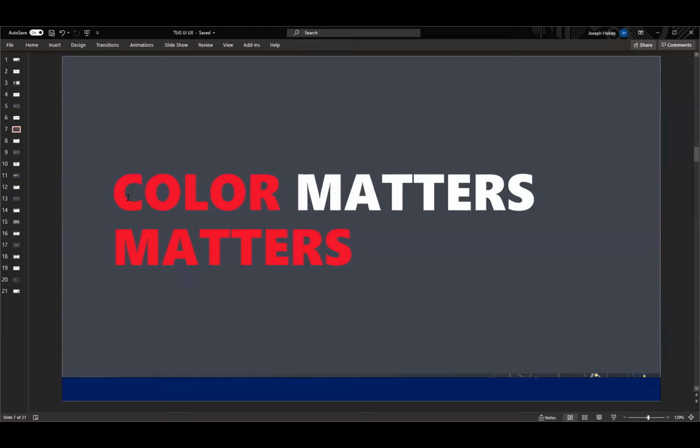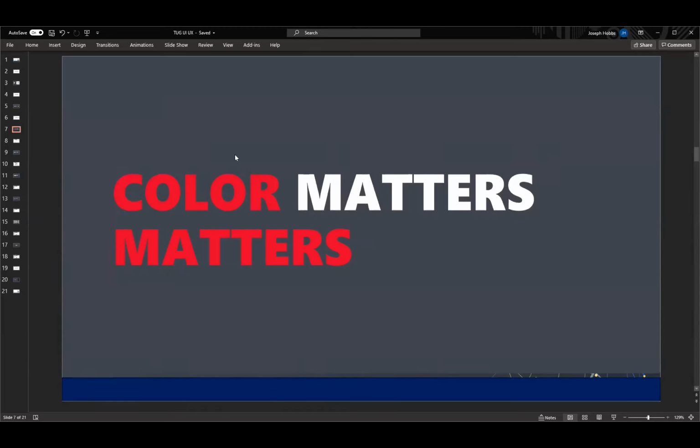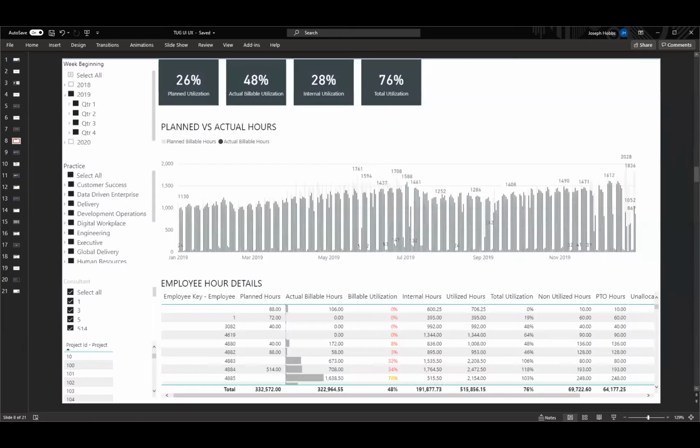Now, typically, our brains read left to right, right? Color matters, but I suspect, and obviously I can't prove this, but I suspect you went color matters. And the reason you did that is because your brain suspects that color is important in this instance, and it grouped the two red things together mentally. So how can we use color in a way that makes sense for what it is when we're trying to draw people's eye to things?